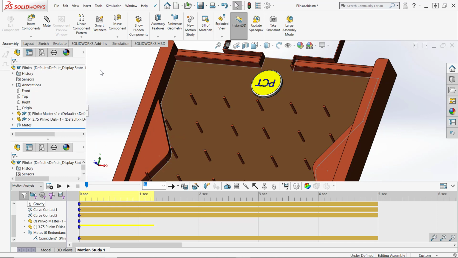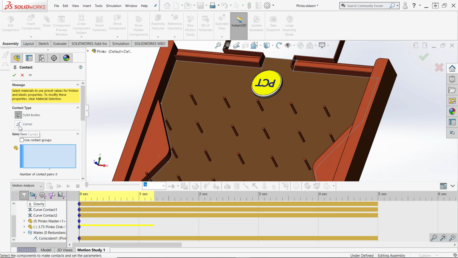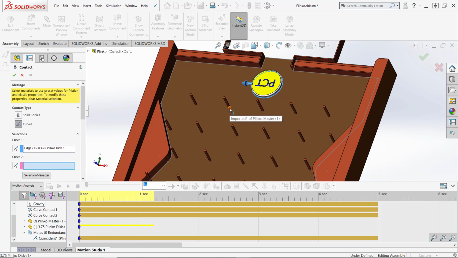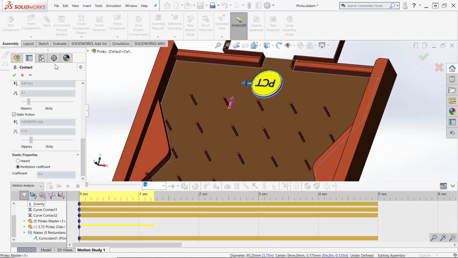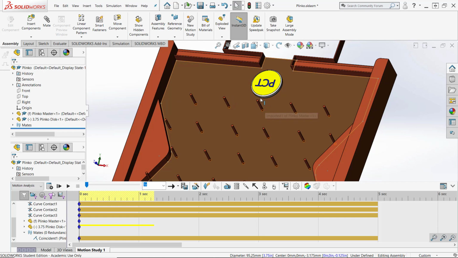And so then I have to go through and do each one of these. And so I would go through and do another one, and so I'll put it on the curves, and I'll again select the curve on the disc, and then select the curve here. So this is the same way that I would do this portion of it in Inventor, and go through. Now it's a little bit tedious, and it's tedious in Inventor as well, to go through and do each one of these